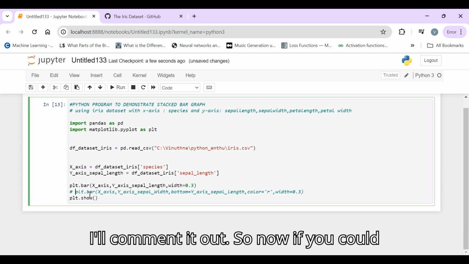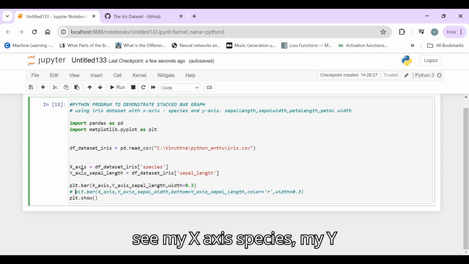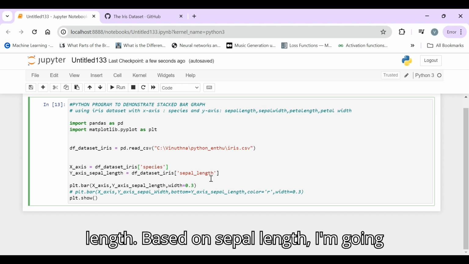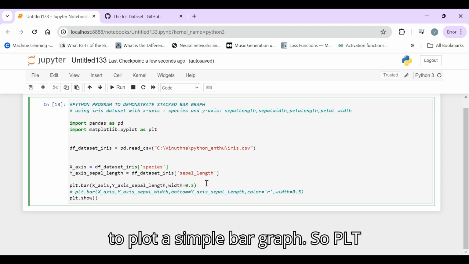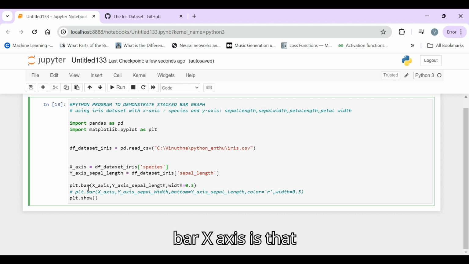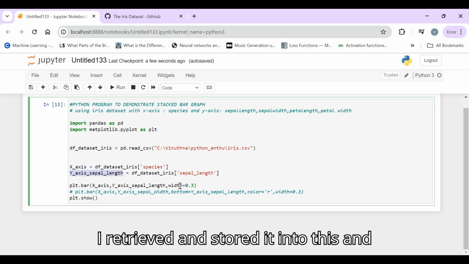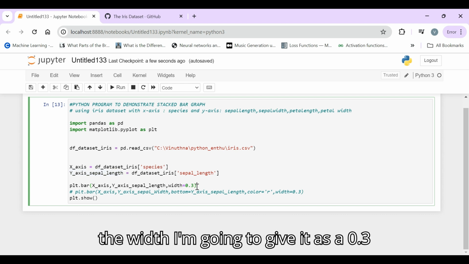I'll comment it out. So now, my x-axis is species and my y-axis is only the sepal length. Based on sepal length, I'm going to plot a simple bar graph. So plt.bar, x-axis is species, y-axis is the sepal length that I retrieved and stored, and the width I'm going to give as 0.3.